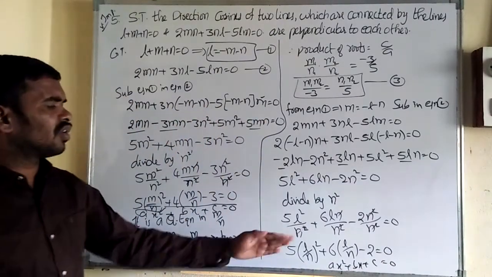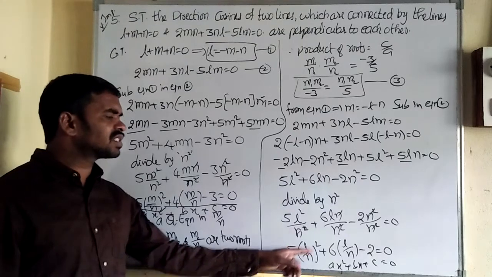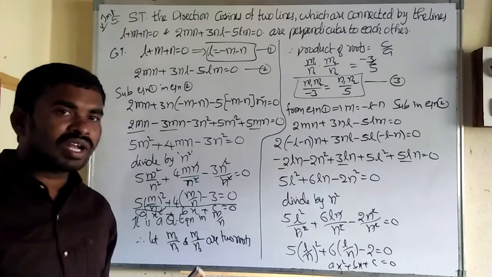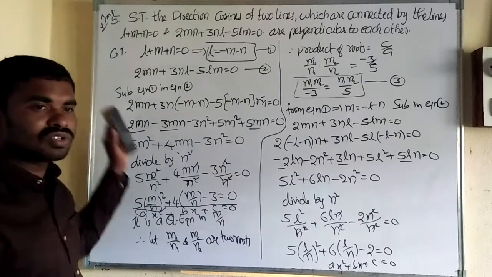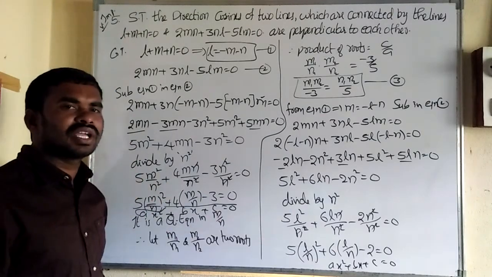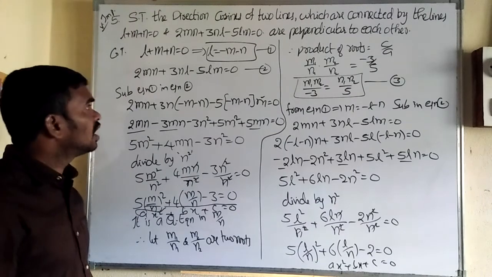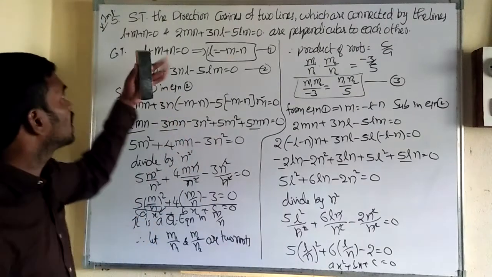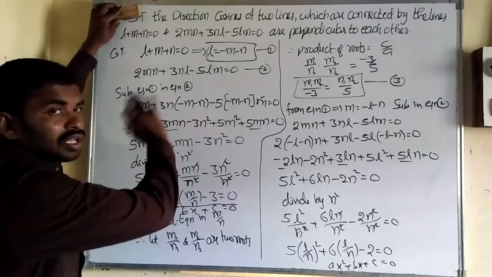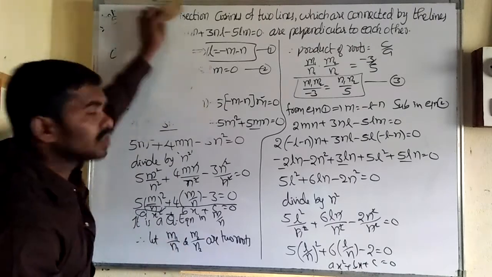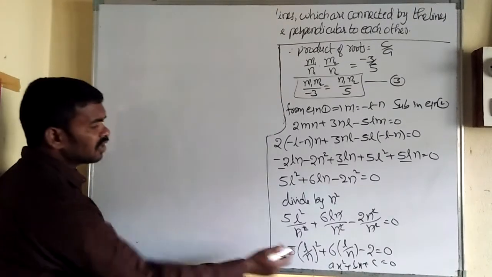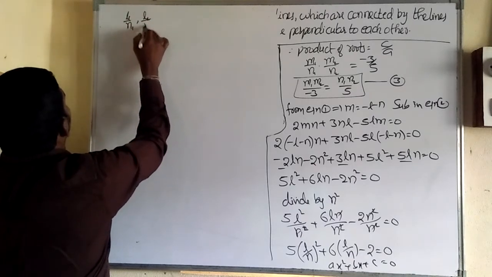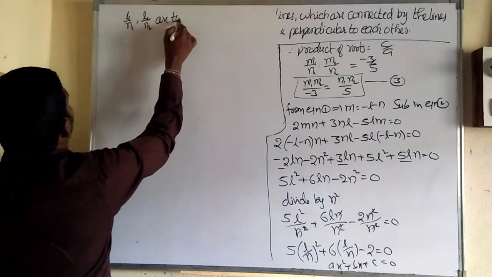So compare with quadratic equation. But here it is in terms of L by n. So what can be taken as the roots? Yes, L1 by n1, L2 by n2 are the roots of that quadratic equation. Is it clear? Okay. So please note down as usual. After that, continuation I am writing here. I am just removing this. Okay. So therefore L1 by n1 and L2 by n2 are two roots.